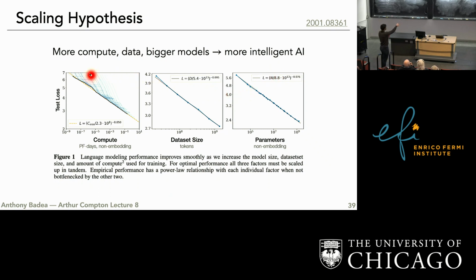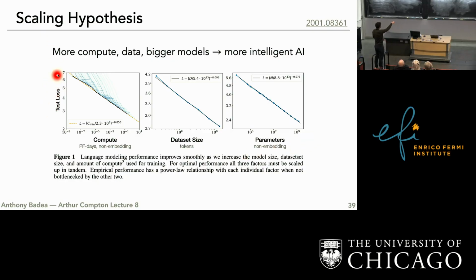Roughly all this is that if you have neural networks and you ramp up the amount of computing time, so you train them for longer, you ramp up the amount of data that they take in, and you make them bigger, that they will get better. And what they did was they actually did studies of that, where along this axis here is the amount of computing time, along this axis here is the amount of data, along this axis here is the size of the model, and this is the so-called test loss, which is how wrong are the models, and you see these linear trends of them just going down.